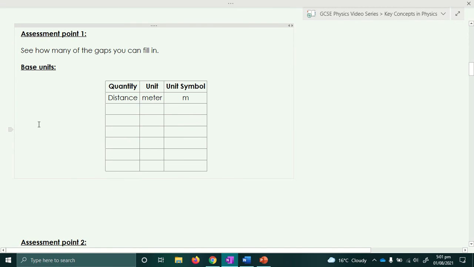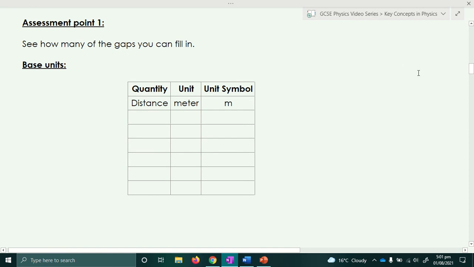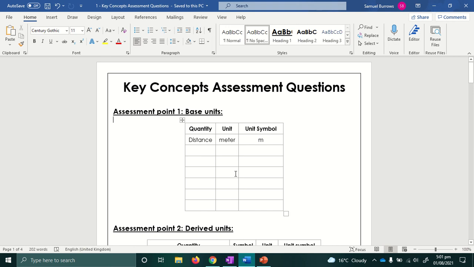So as we go through this video, obviously we're trying to learn some new material, and what I'll do is I will put in these checkpoints so you can see how well you've picked up some of the stuff we're trying to learn. I will put links to some documents in the description, and so the document is essentially just